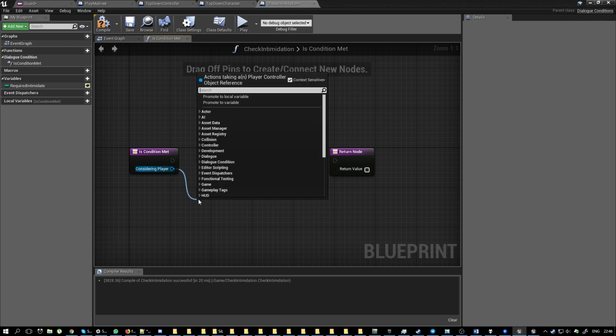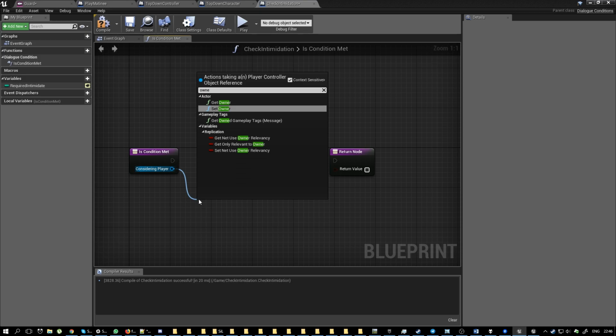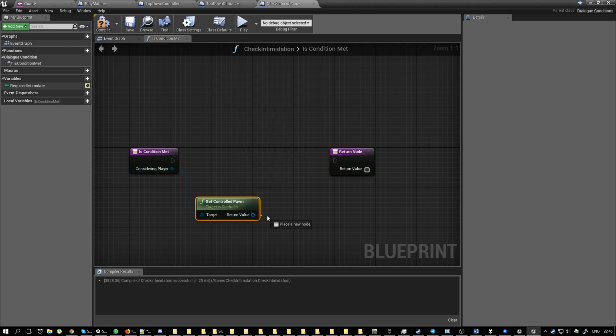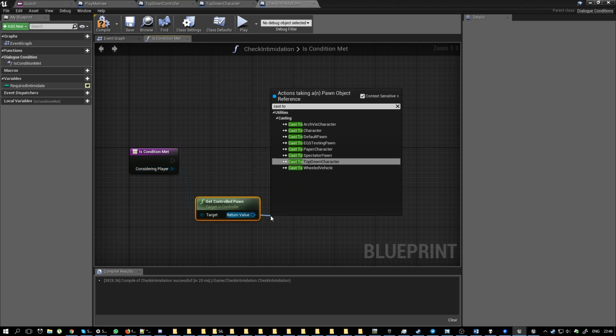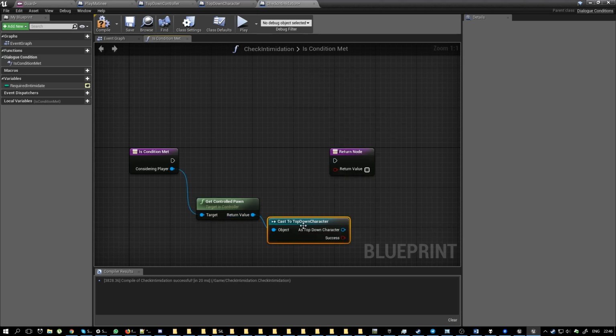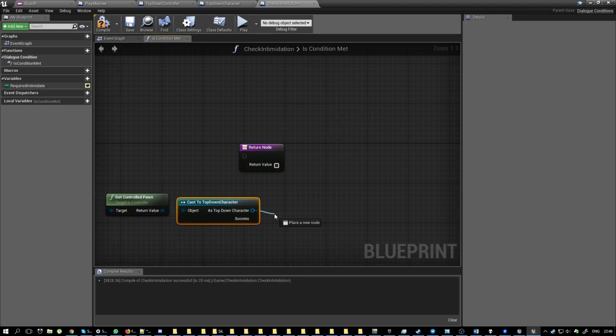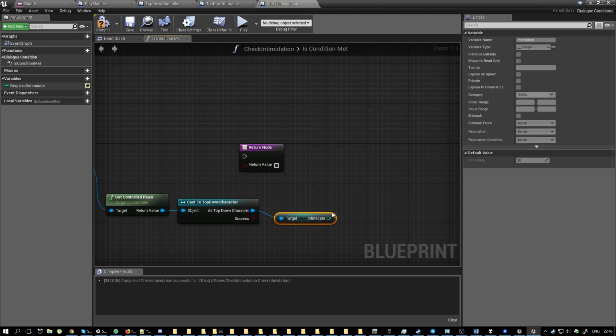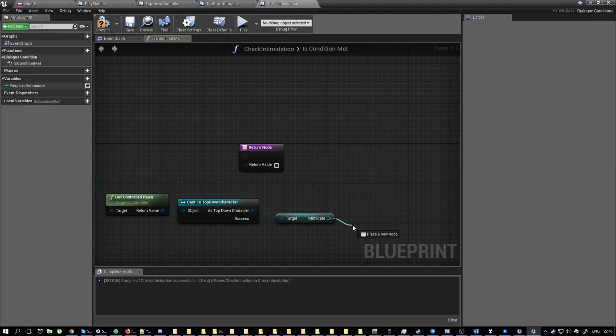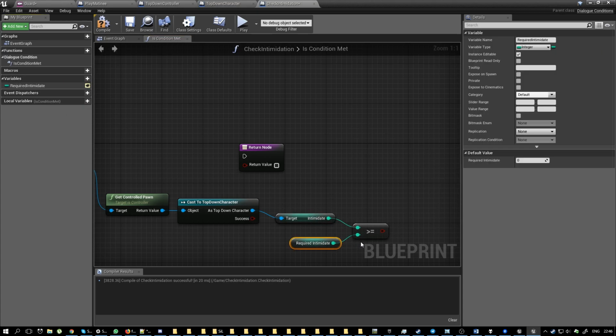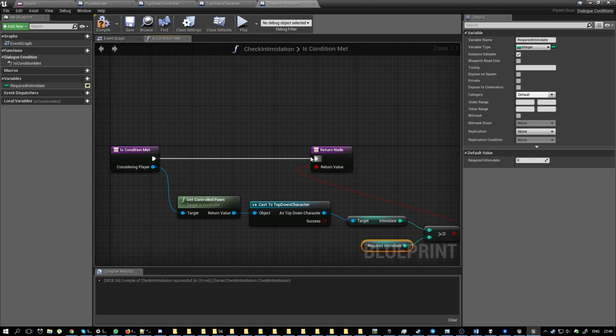Our condition is met if player character has intimidation equal or higher to the required intimidation. And that's it. Hit compile and save as always.